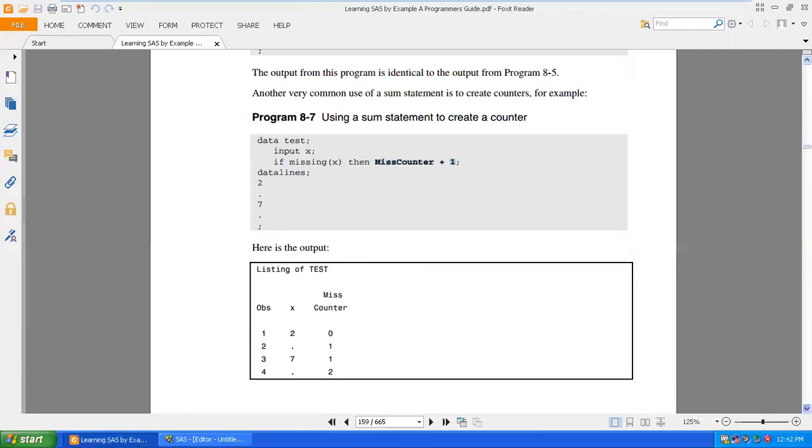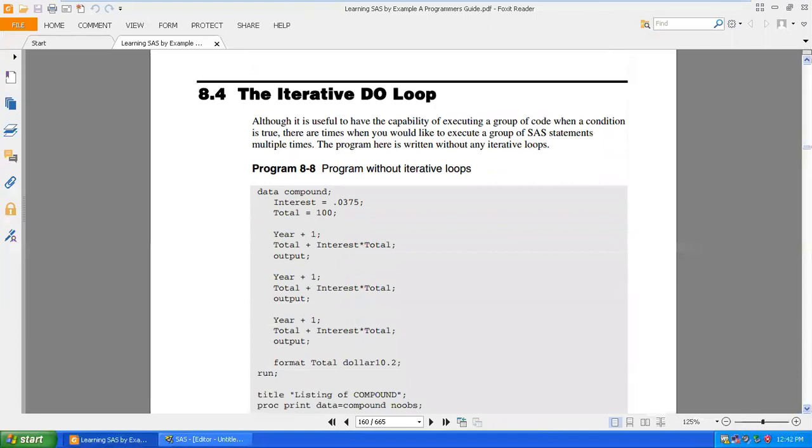Okay. Now do is going to start. We generally talk about all the sum statements. Now what is do? Do is used to iterate over your data set. Let's say if I am going to write this query, what will happen in this case? I'll get year 1, year 2, year 3 and their interest. This is what we are doing here. For year plus 1, we are using the sum statement, and again we are using a sum statement, and this is your increment adding to the total.